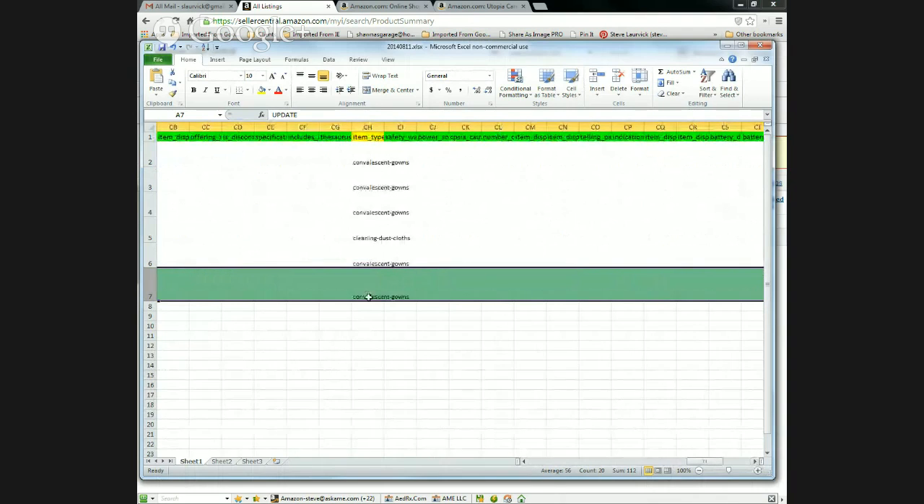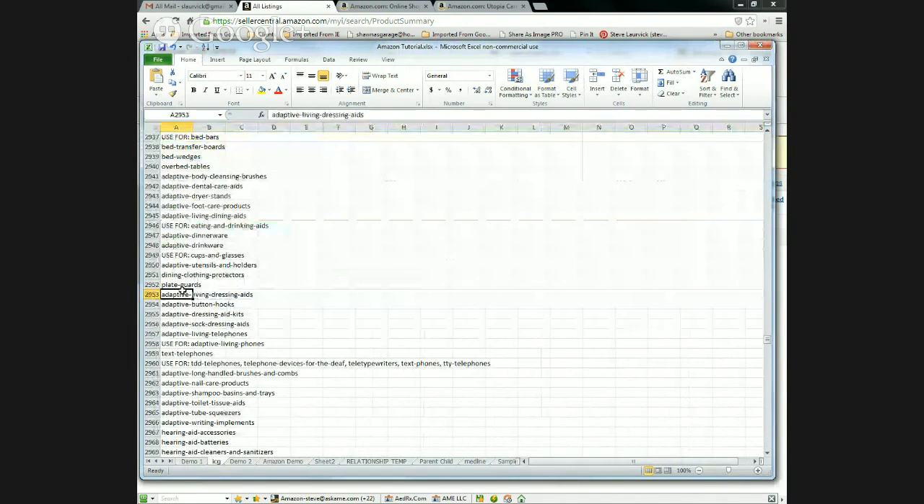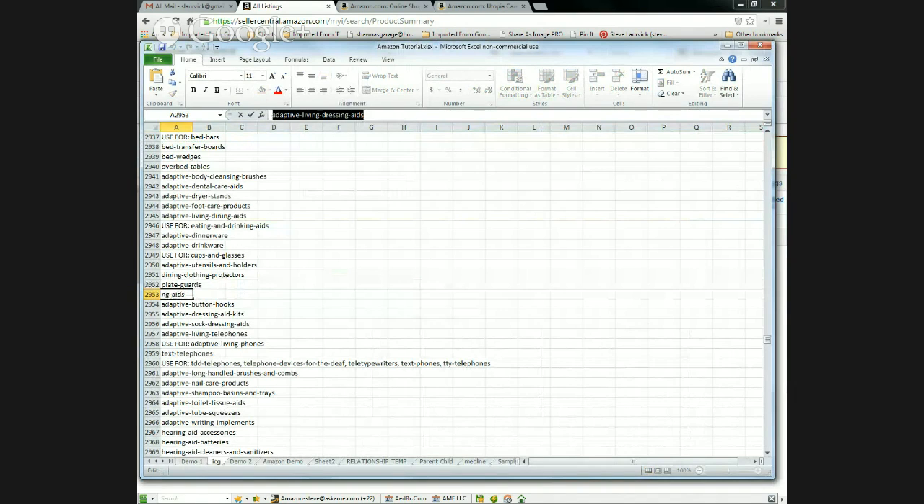Okay, so this is what we want to change. Oh, somehow we got a dusting cloth. Did we? I didn't think we had that. Okay, so now, of course, I forgot what it was, but we'll bring it back up. There, we found it. Adaptive living dressing aids. So the easiest thing to do is just cut this whole thing, copy it, and then